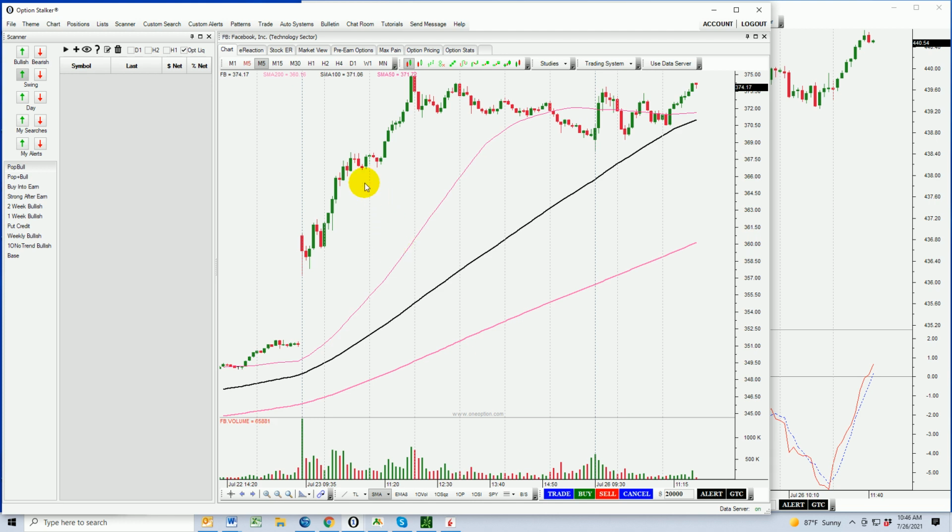Friday, 1 hour into the open. I had mentioned to members we are not going to do anything today until we get a bullish 10p cross. Well, we got that an hour in. Facebook was the stock that I highlighted. Look at that stock run. It went from about $365 all the way up to $375, a $10 move in a very short amount of